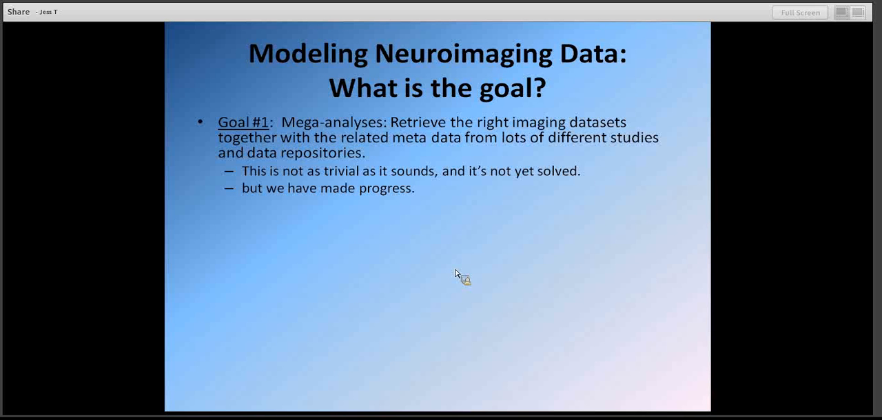retrieving the right results and analyzing them together to identify really what is the robust finding in the field. The next goal after that,